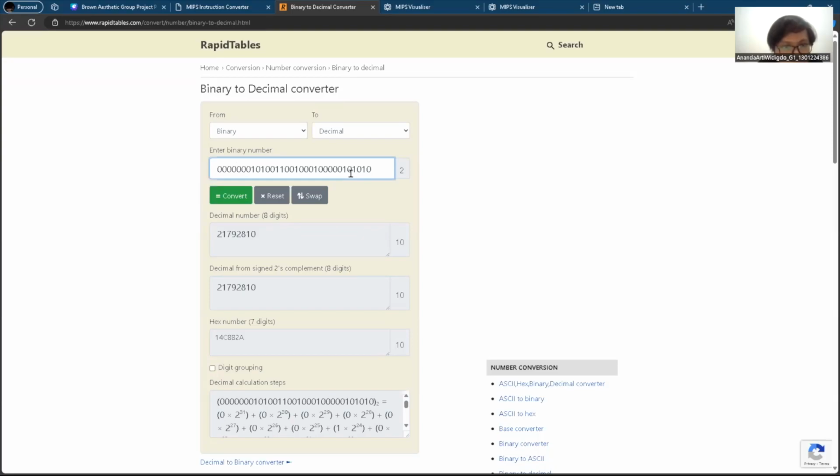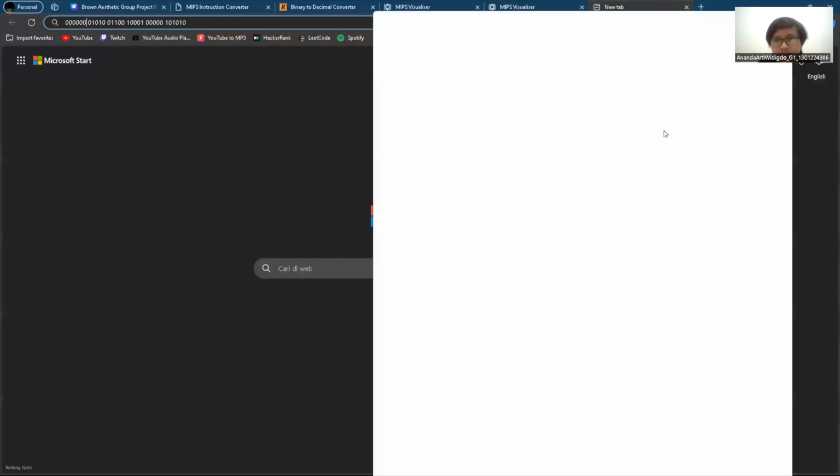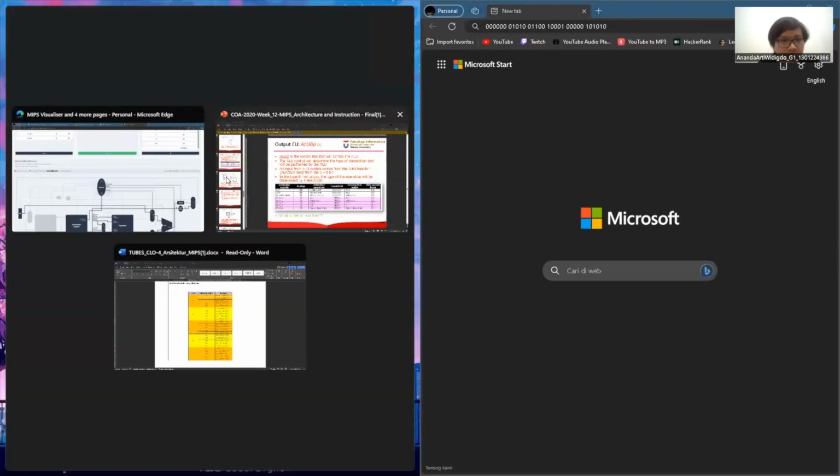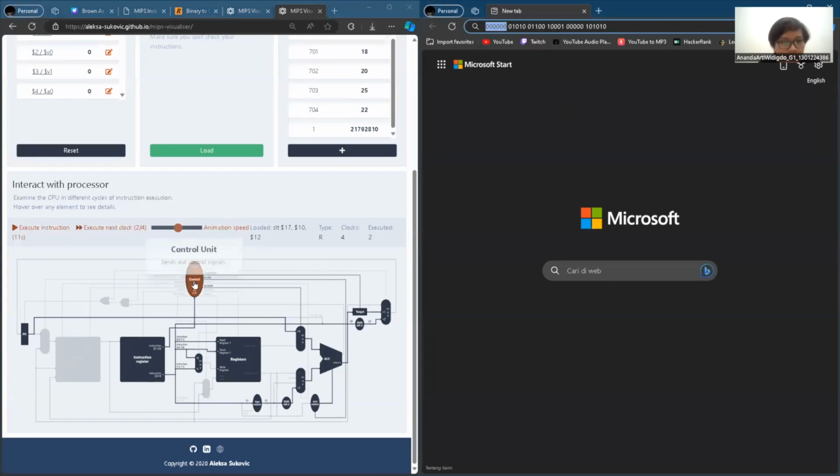So this one, the opcode, 6 digits, will go to the control unit. That will let the control unit know that the instruction happening right now is an R format instruction. So this is an arithmetic instruction.